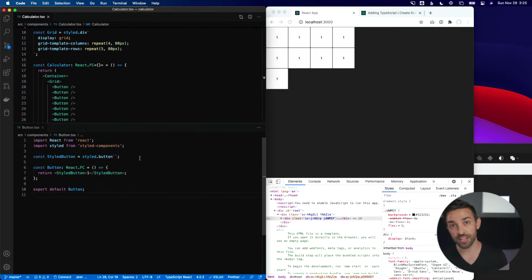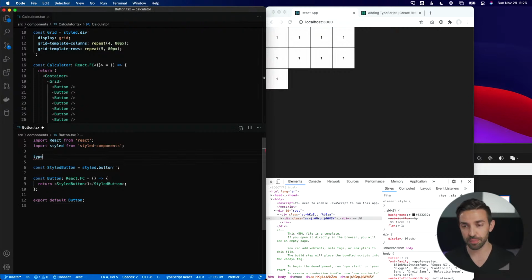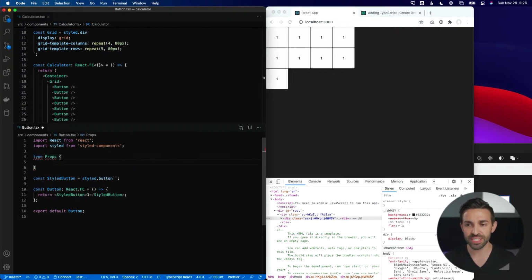And since we're using TypeScript, I'm going to make sure that we're adding the proper prop types for that. So I'm going to create a type in Button called Props. It doesn't really need to be a complicated name. You could call it ButtonProps, but I'm going to name this Props for now. And let's add a label and make it a string. And now that we have this